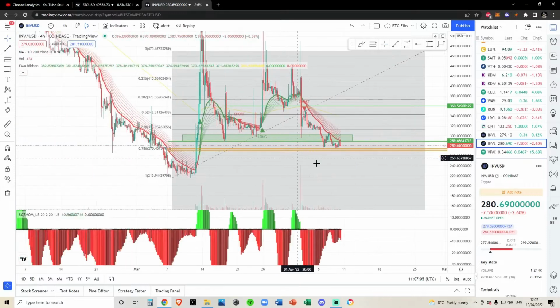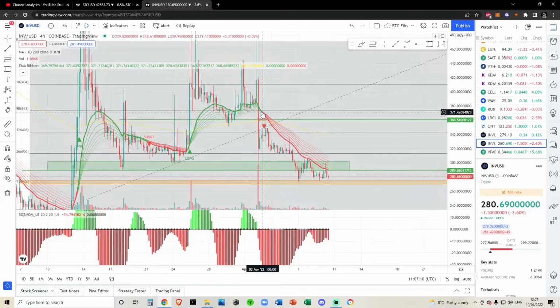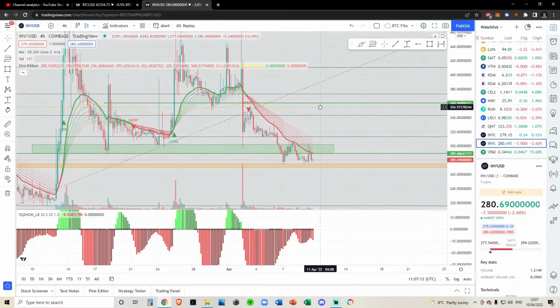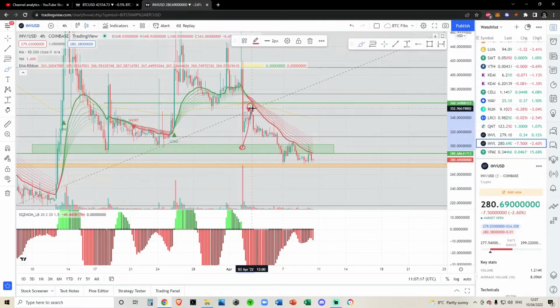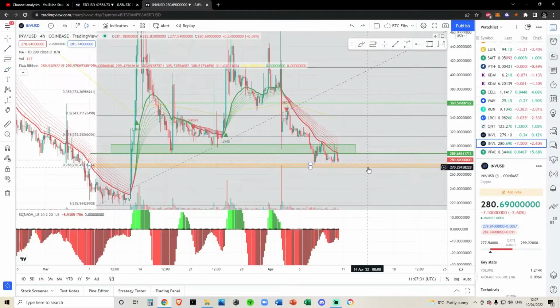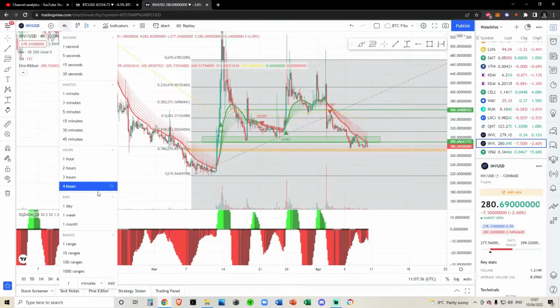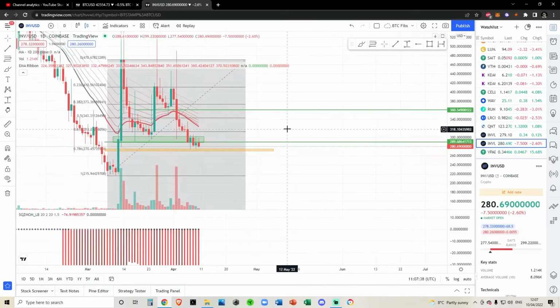invalidated. Now, really the 4 hour paints it very nicely. Ever since we flipped short on this, we completely landslided. And we've really got this formation right now of lower lows, lower highs. Well, we had another lower low before we made lower highs. Or lower high, lower low, lower high, lower low, lower high. And now I have to assume that the next lower low is going to take us below the 786, which is going to put us below $270, invalidating this entire Fibonacci that we've got in the short term running on